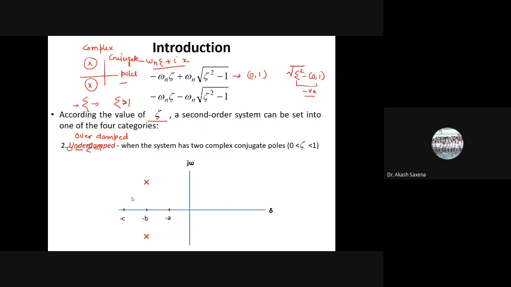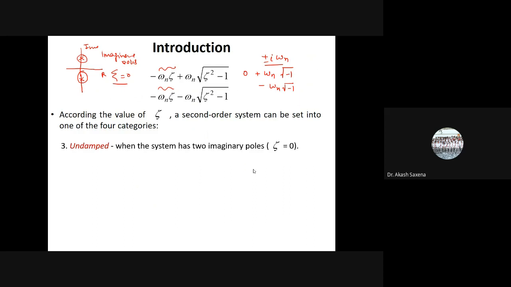Underdamped system is called when the system is having damping ratio between 0 to 1 and complex conjugate poles. So this is like minus A plus jB and minus A minus jB. Real part is negative and the complex conjugate imaginary part is there. So minus A plus minus jB. Here this part is B and this part is A. And here B is written, so we can say minus B plus minus jC. So this part is C. We can say this is minus B plus jC and minus B minus jC.